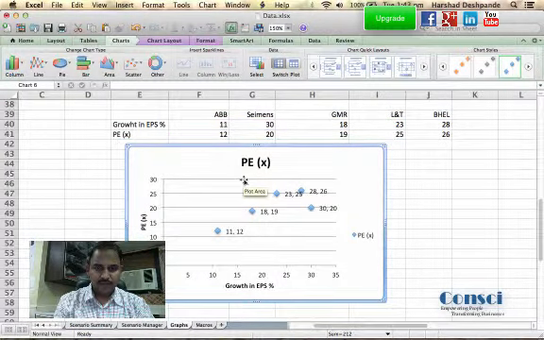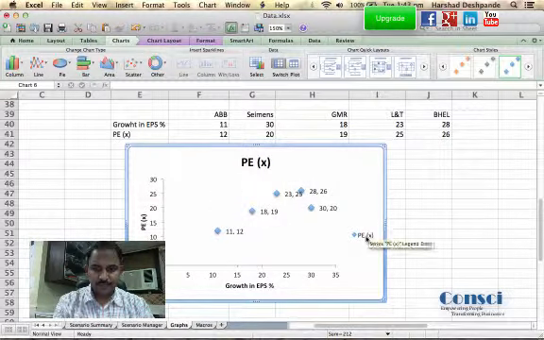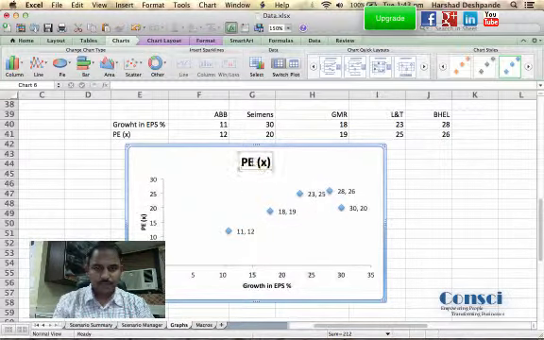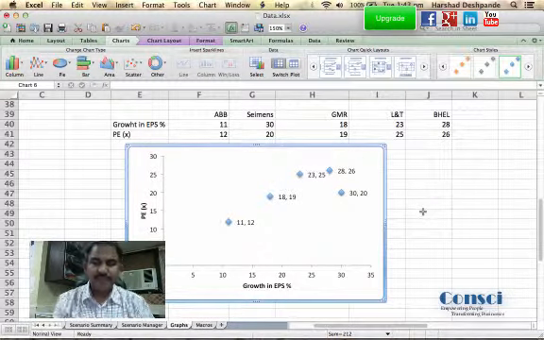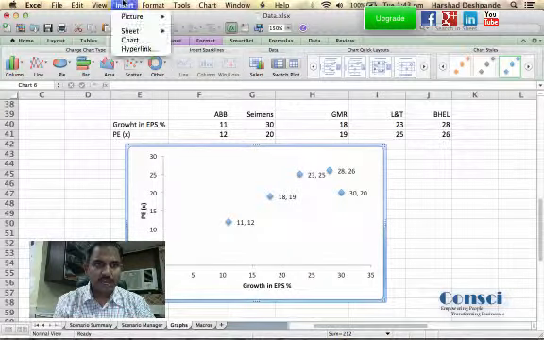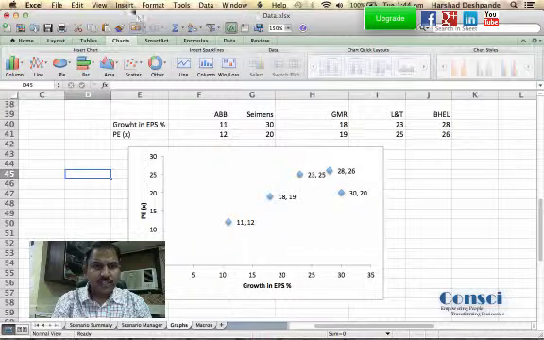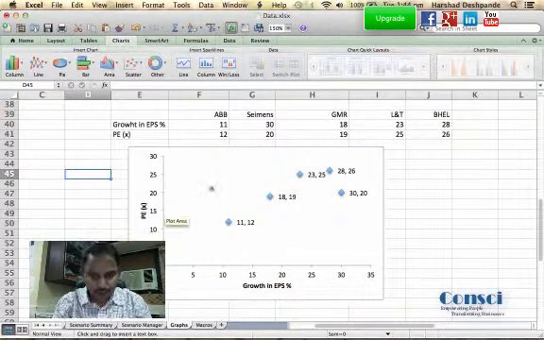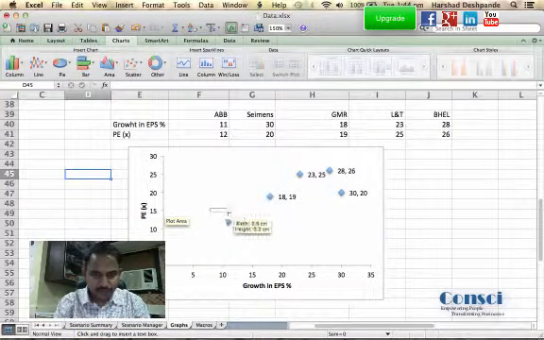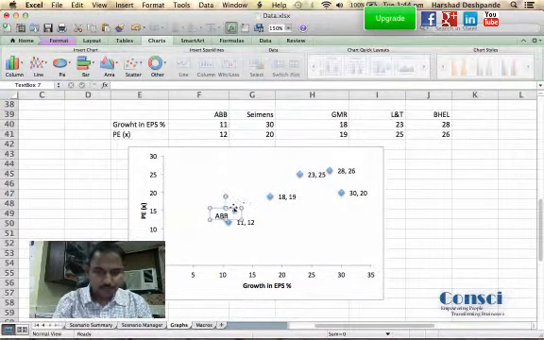Right, I think this is the format that I am looking forward to, where you can see all the data labels, and you will just remove this P and other names, and now you also have data labels. Okay, now data labels you have, but you don't have the names of the companies. To do that, you have to insert a text box so that you can actually represent the names of the companies over here. So 1112 represents companies, so I have chosen the text box and I'm just typing ABB over here,